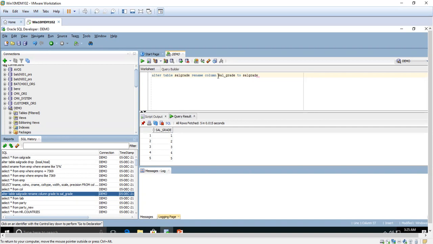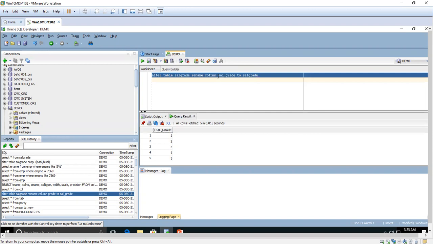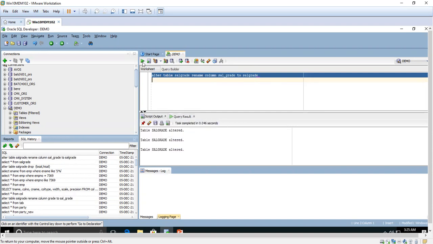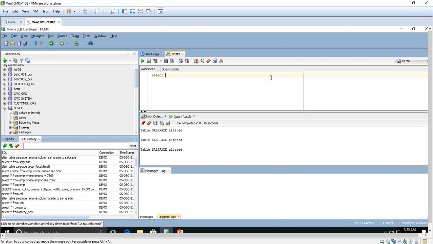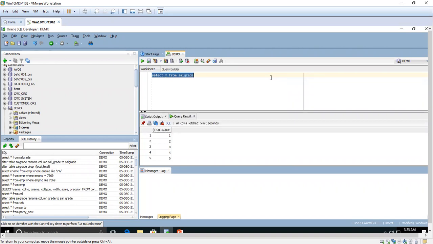Okay, sal_grade to salgrade. I am going to execute it now. See, it shows table altered. Now let us check the column here. See, now the column name got renamed from sal_grade to sal grade.